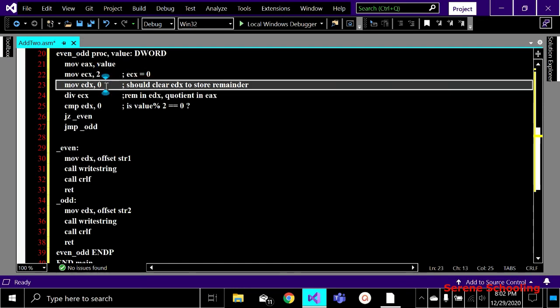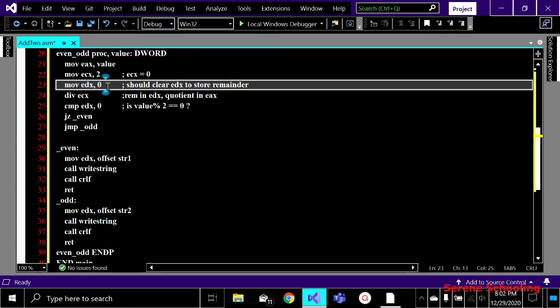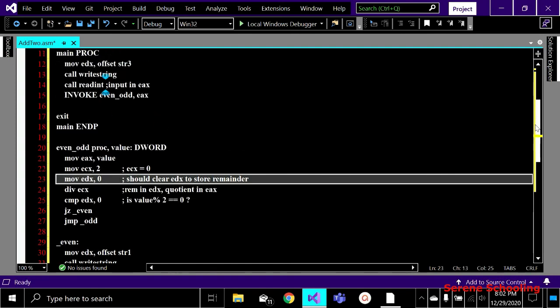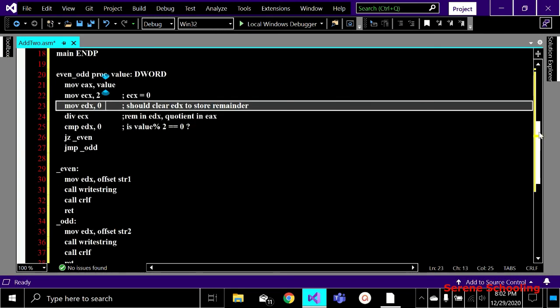And why am I clearing this EDX with 0? Because I know that my EDX is going to store the remainder value, right? Previously in the above procedure EDX was containing the string, so we have to clear it out before getting our remainder. We always have to clear our EDX, otherwise in some compilers the result is not displayed correctly.